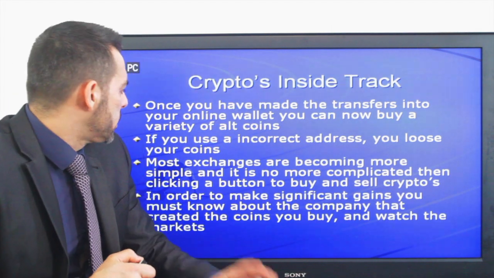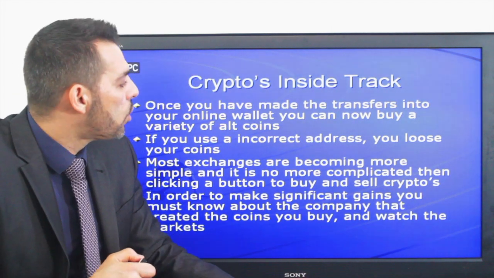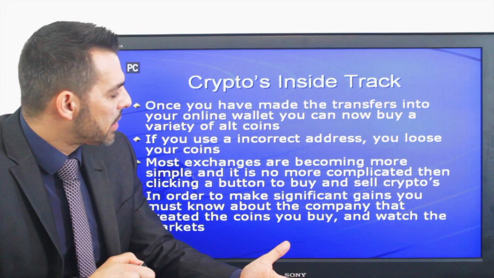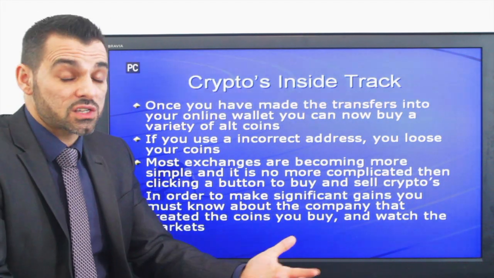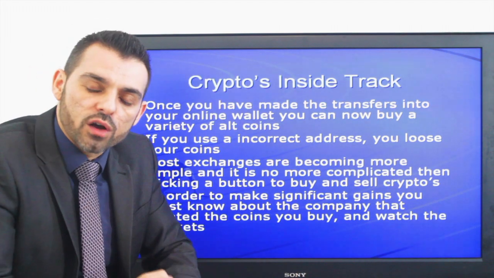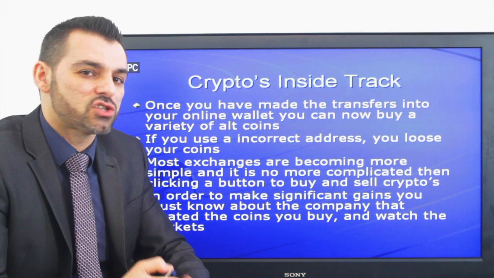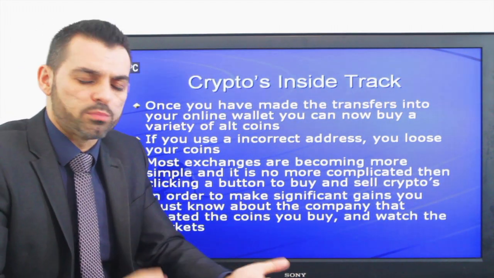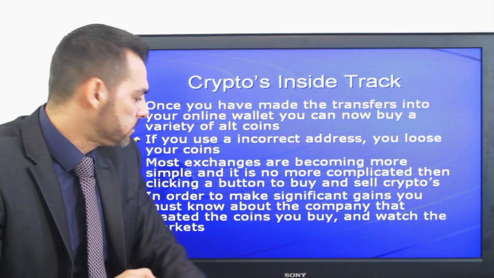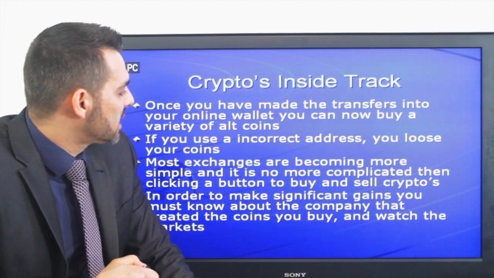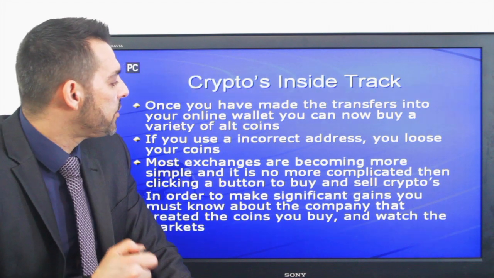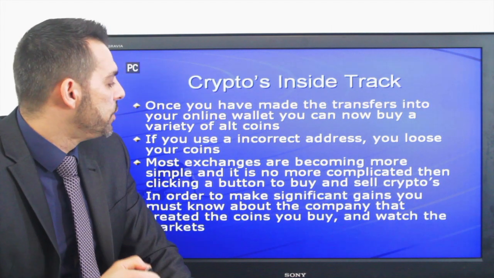Most exchanges are becoming more simple, and it is no more complicated than clicking a button to buy and sell cryptos, and that's quite self-explanatory. A lot of the trading platforms now are literally just clicks of buttons, and you're buying and selling or transferring. In order to make significant gains, you must know about the company that created the coins you buy